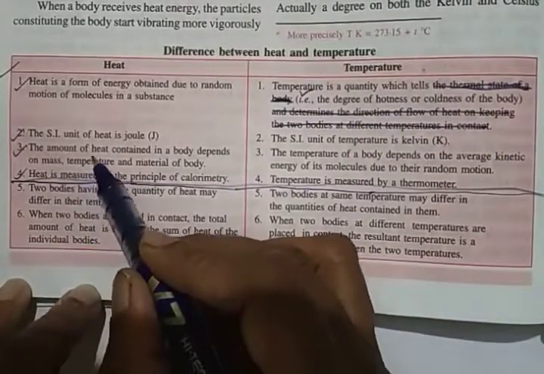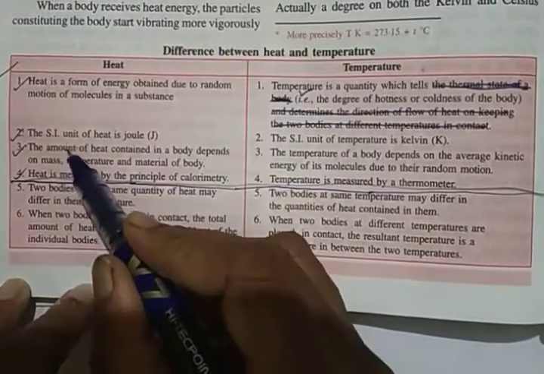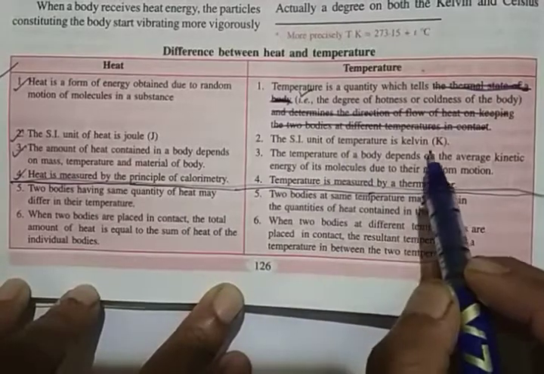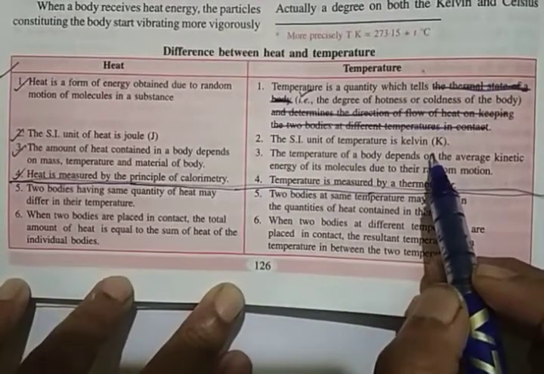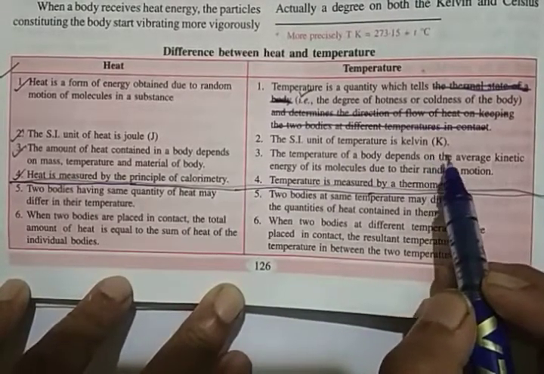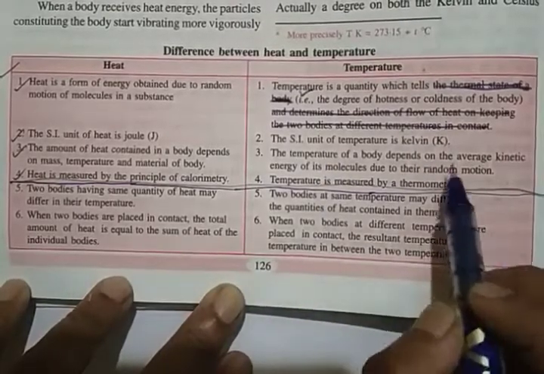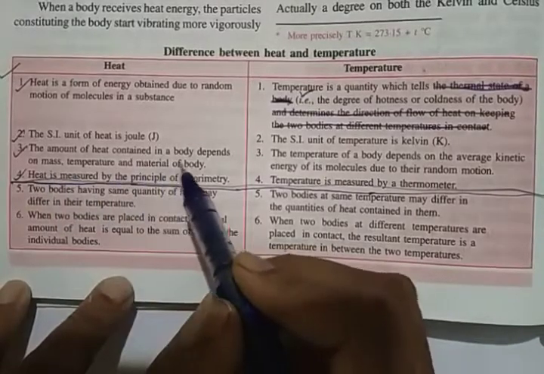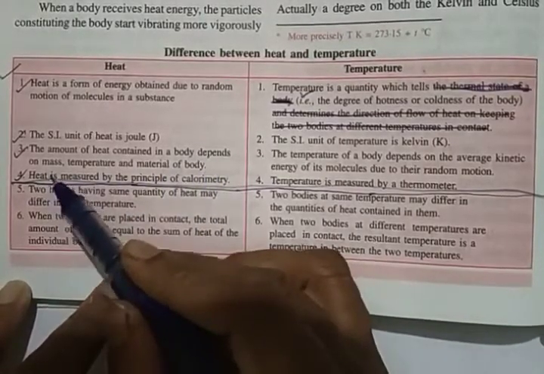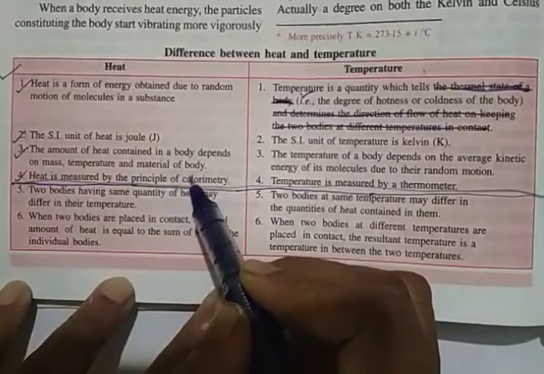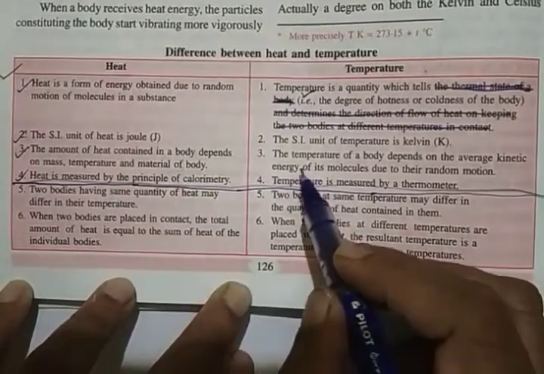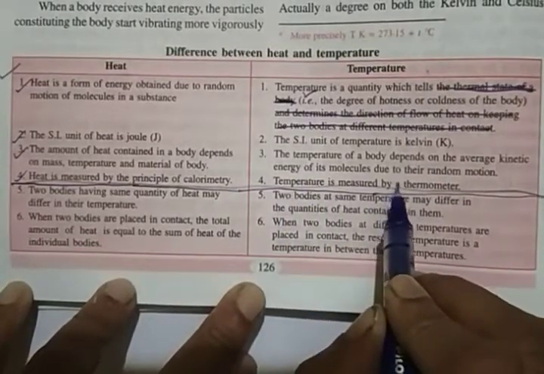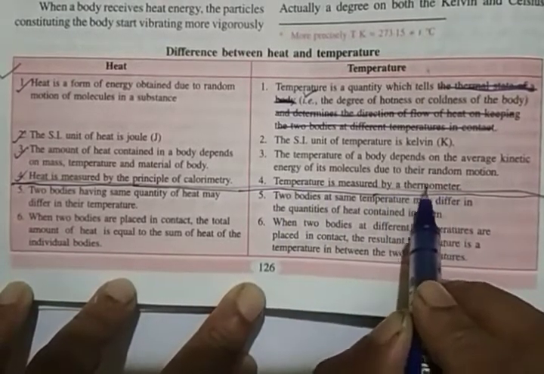Second, the unit. Being energy, the SI unit of heat is joule. Temperature, you all know, the SI unit is Kelvin. There are other units like Celsius, Fahrenheit and all that, but the SI unit is Kelvin, capital K. Then the third difference: the amount of heat contained in a body depends on mass, temperature and material of the body. Whereas temperature of a body depends on average kinetic energy of its molecules due to their random